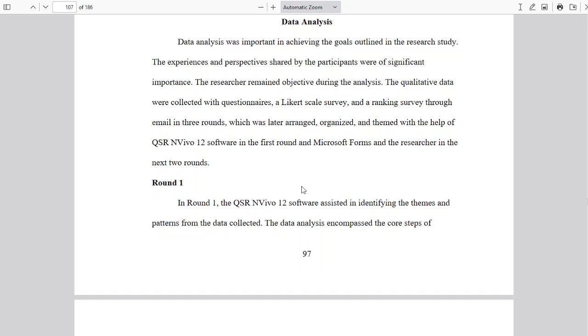Let's see if I can finish chapter 4 today. Let's just see where it goes. Okay, so